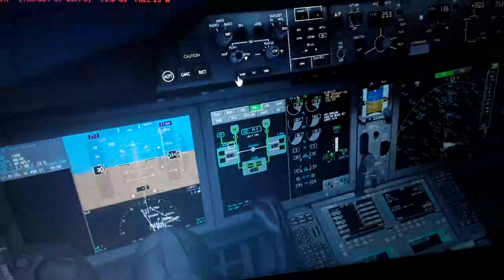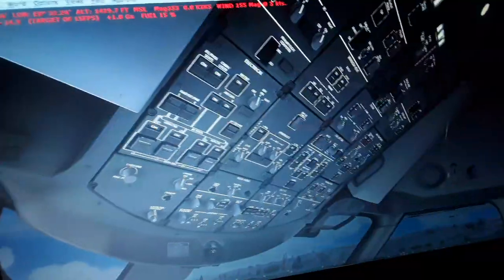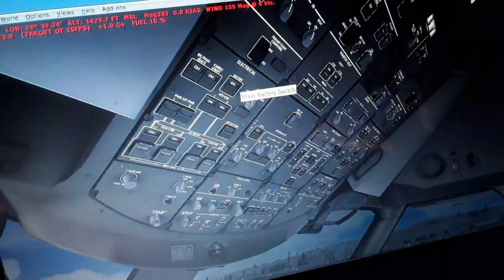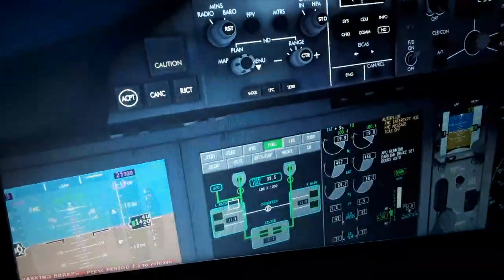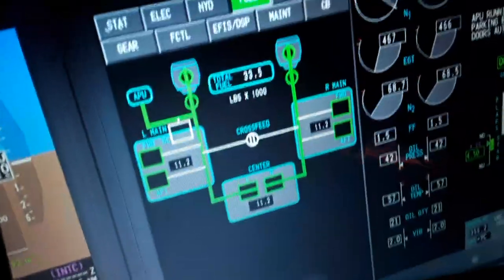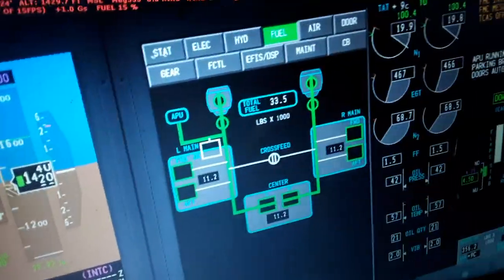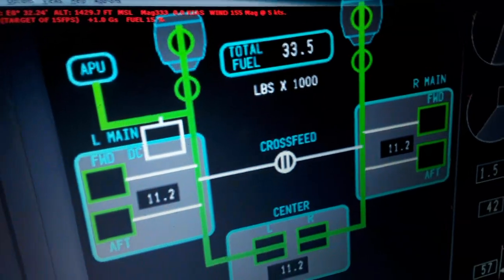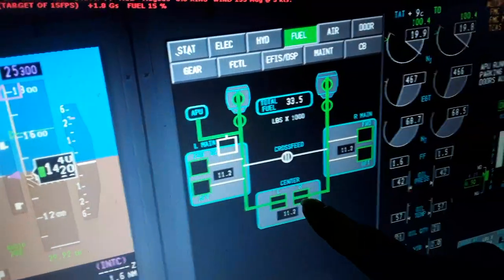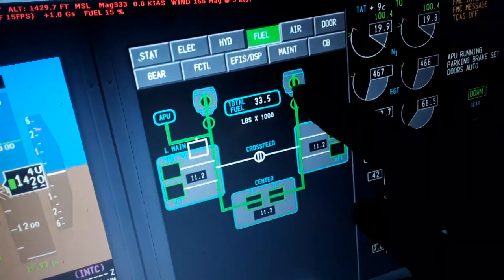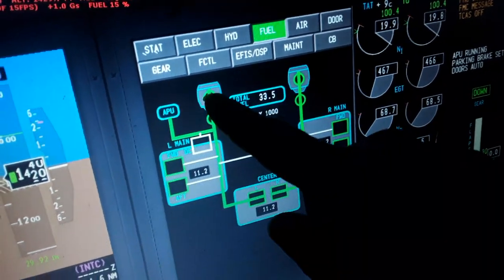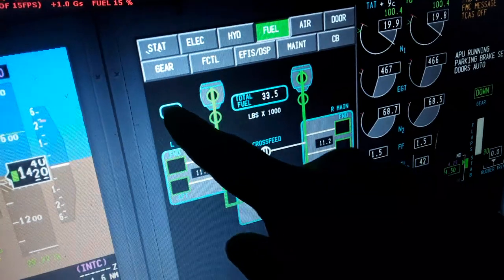So you see whatever is in the overhead panel. I show you here all the diagrams of the system. You see them now, as I told you, digital format. Display, you see now fuel left and right wing, how much fuel you have, 11.2 and 11.2 thousand, center 11.2, total 33.5, low and high pressure fuel valves left and right engine, open feed both engines, APU is fed from